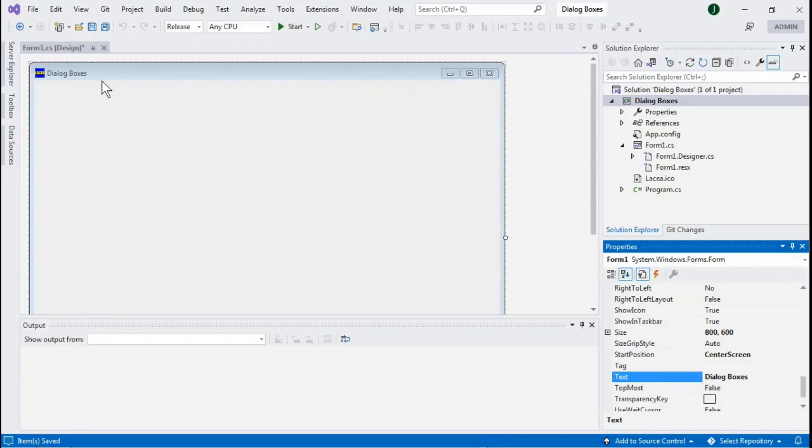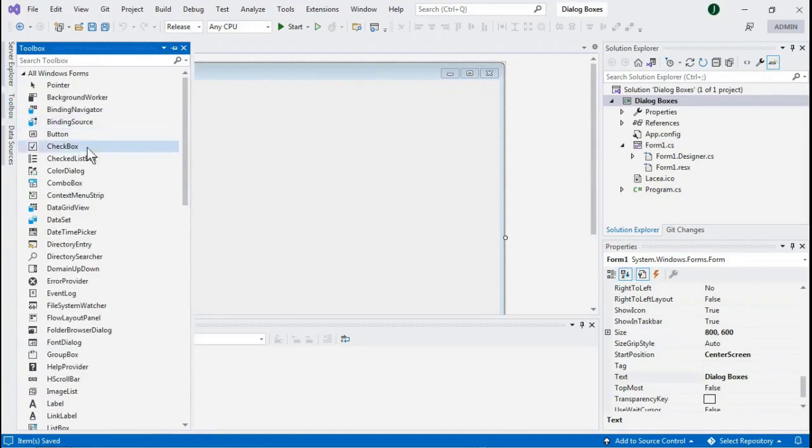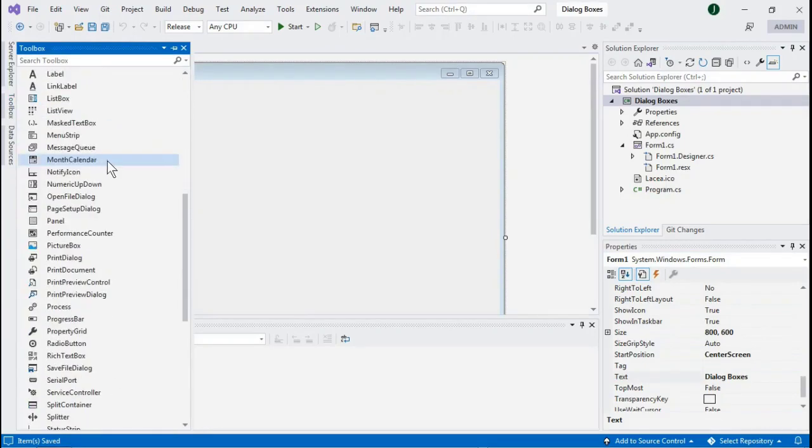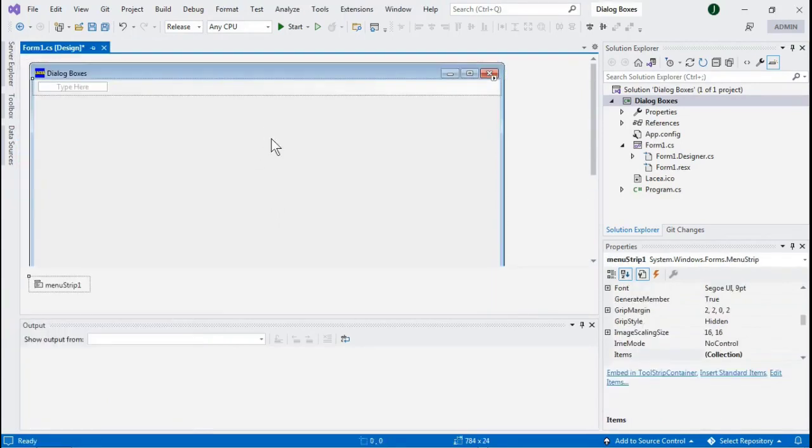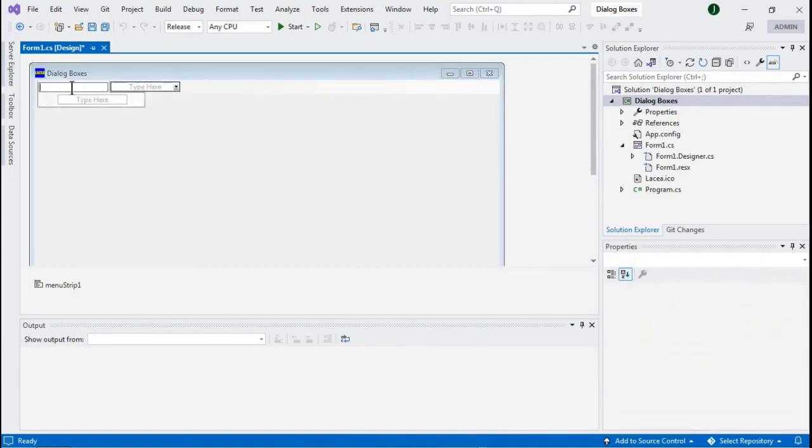Let us place a menu strip in this Form1, or our main form. I click the toolbox and then locate the menu strip and then drag and drop. The menu strip is by default placed on top inside the Windows Form1. This is the menu strip. I click this part of the menu strip and specify